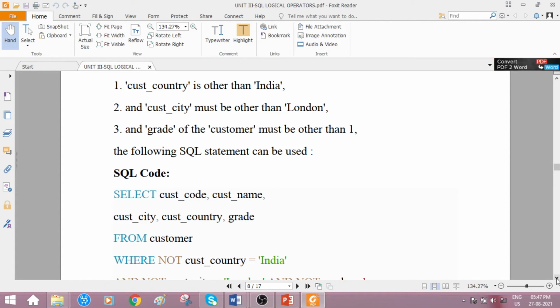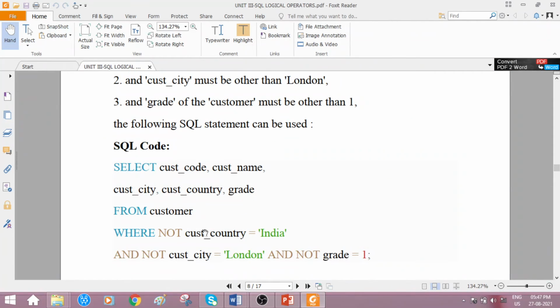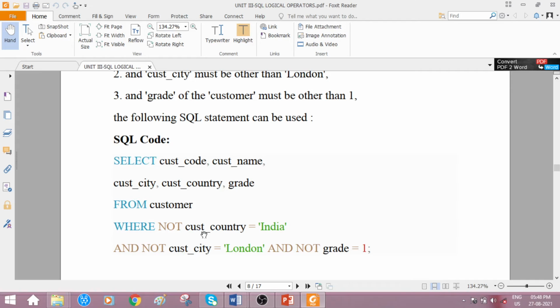Okay, fine. What was the second condition? And customer city must be other than London. So customer country is not equal to India, this we made with the help of not, and customer city equal to London. So the city should not be London.